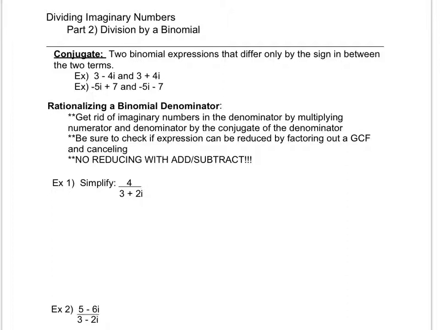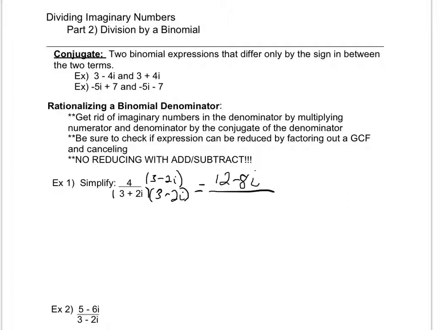So first thing I notice is I have an imaginary number in the denominator, and because I have two terms, it's a binomial in the denominator. So according to my rules up top, I'm going to multiply top and bottom by the conjugate. Well, I know that the conjugate differs in sign in the middle, so I'm going to multiply top and bottom by 3 minus 2i. When I do, on top I'm going to have to distribute that 4 to both terms, and by distributing to both terms I get 12 minus